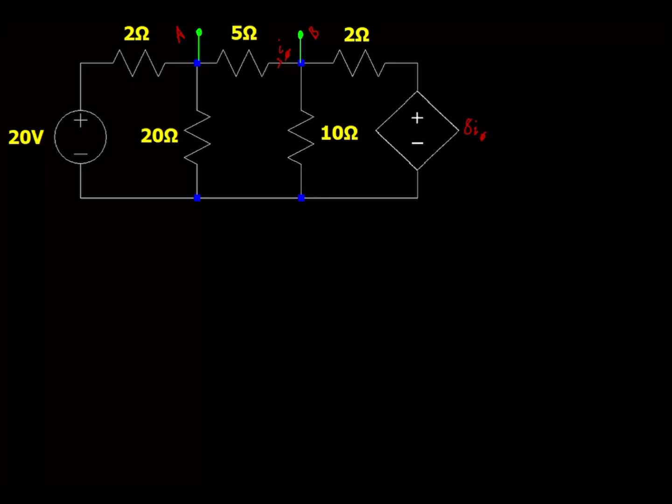So for our second method here, we're actually going to use a new circuit, so we get some variety here. This circuit has a dependent voltage source, specifically a current dependent voltage source. This 8I is this current here going through the 5 ohm resistor. So instead of using regular circuit techniques, we're actually going to solve this one using source transformations, which is a